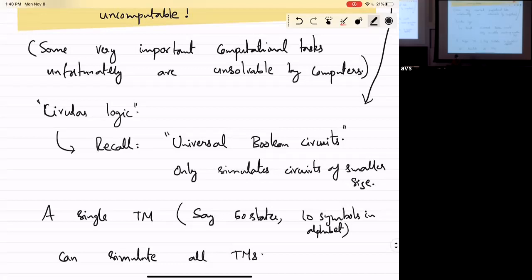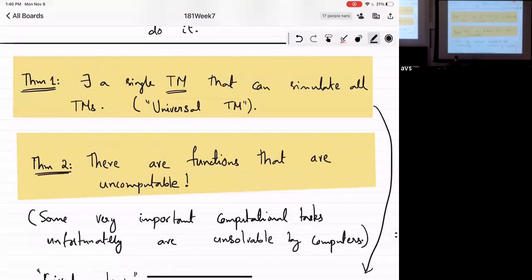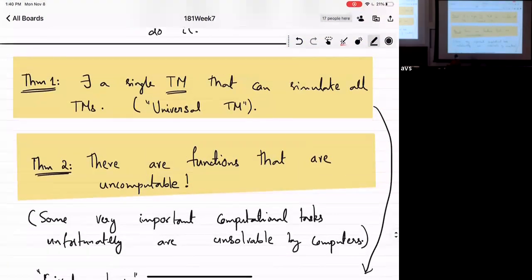We'll talk about it formally. The reason I'm mentioning these things up front is there are two aspects to it. One are the conceptual implications of the statements. One is, as I said, there's a fixed Turing machine with like 10 states and maybe 100 symbols in its alphabet, which can simulate any other Turing machine, no matter how big it is.